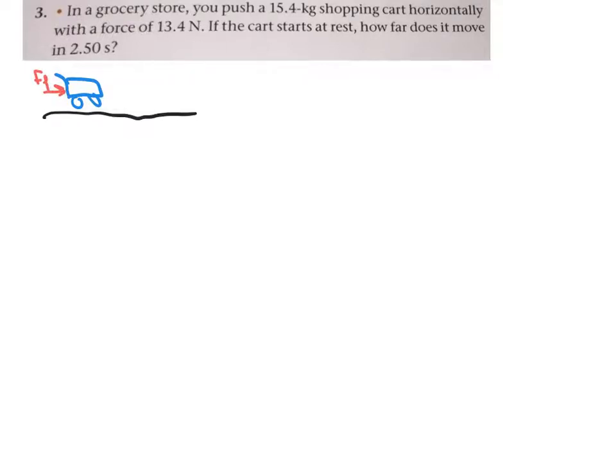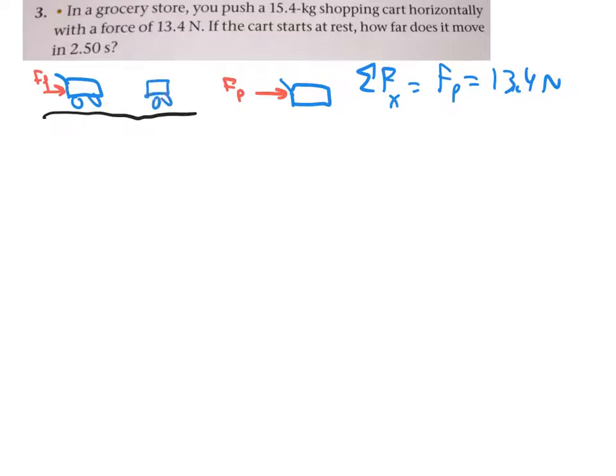So therefore, if we draw a free body diagram really quickly, I'm going to ignore the vertical forces because they just cancel out. So we have the pushing force, and that tells us that the net force on the cart in the x direction is just the pushing force, which is 13.4 newtons. And then I'm going to say, oh, well, then the cart moves over by some amount because it picked up some acceleration. And now it has some velocity at the end. It started at 0 seconds and 0 meters, and we are at 2.5 seconds,